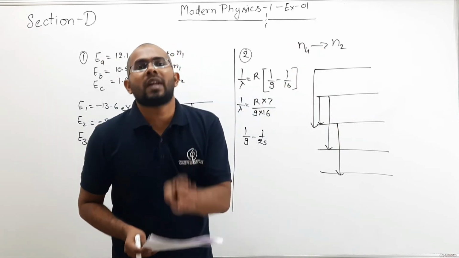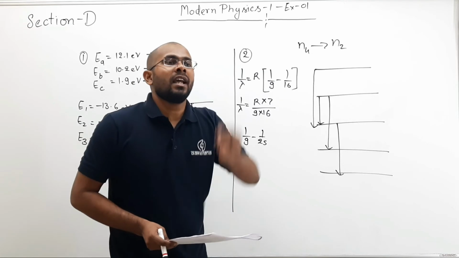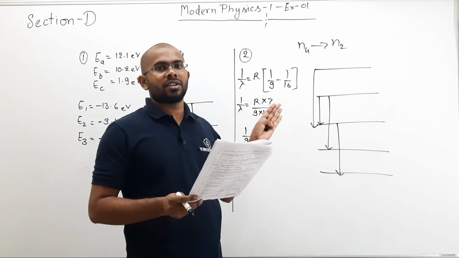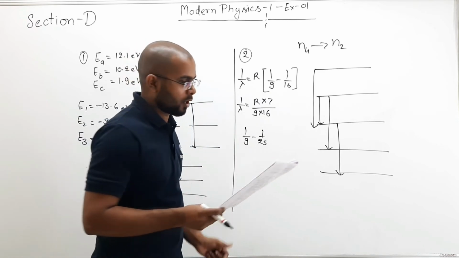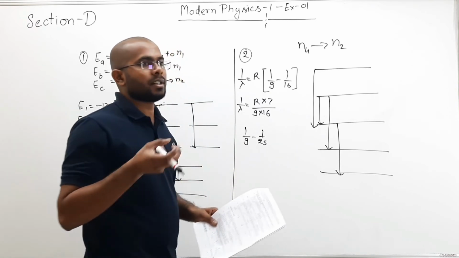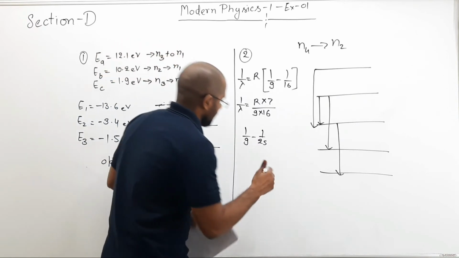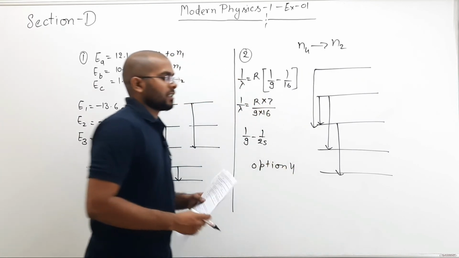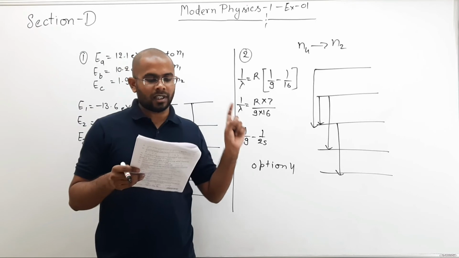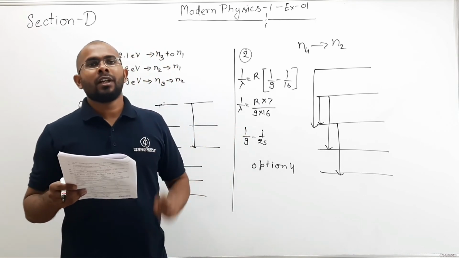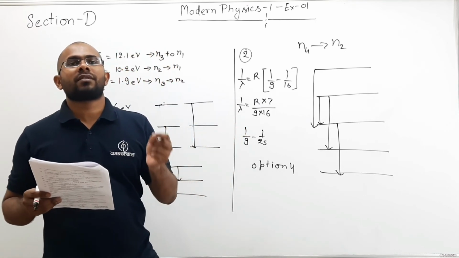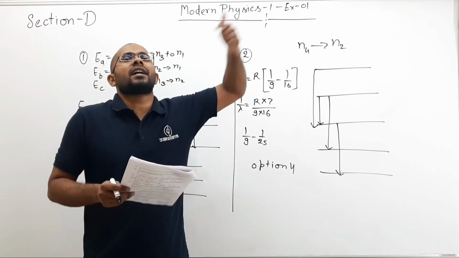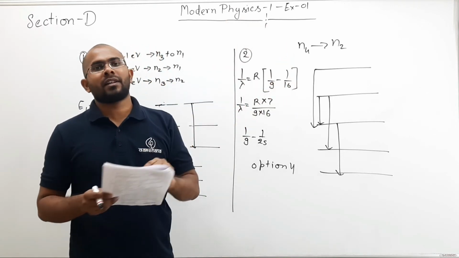But we want infrared. Infrared is less energy than visible. So none of these transitions will produce infrared. So option number 4, that is none of these above is the correct choice. So option 4 is the correct choice, that none of the transitions given in option 1, 2 and 3 will be able to produce infrared. All of them will produce energy higher than n equals 4 to n equals 3.